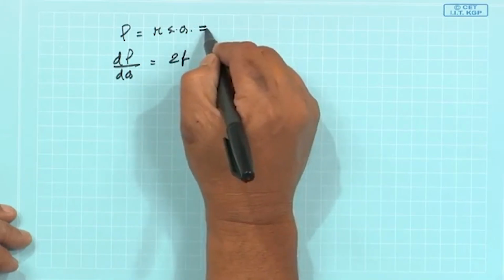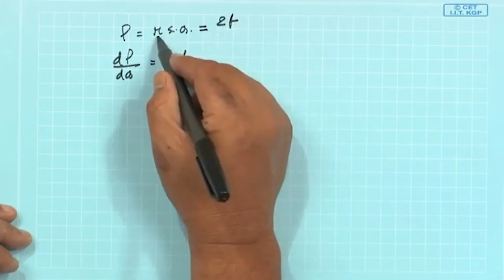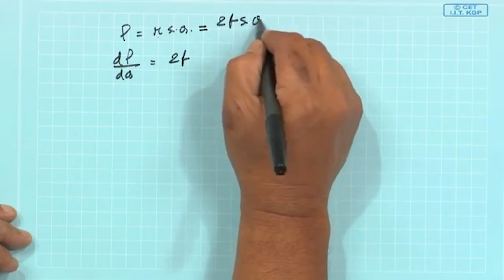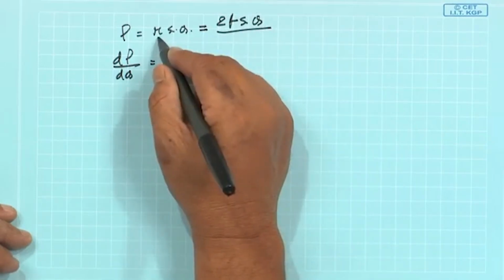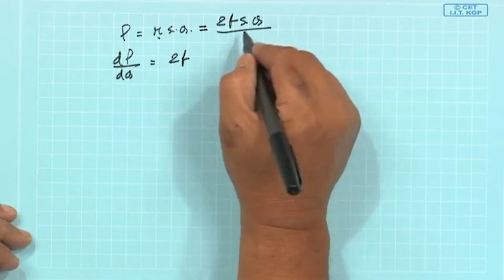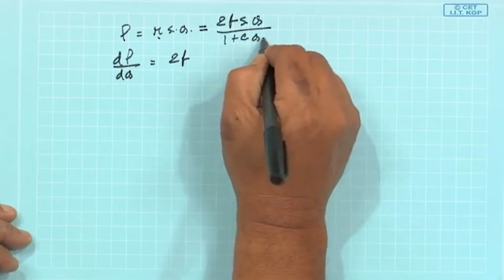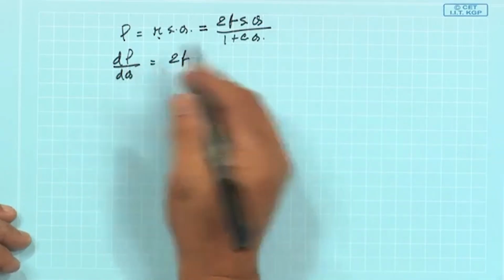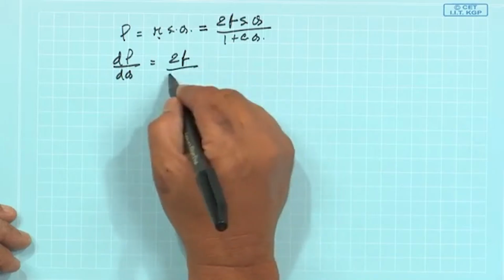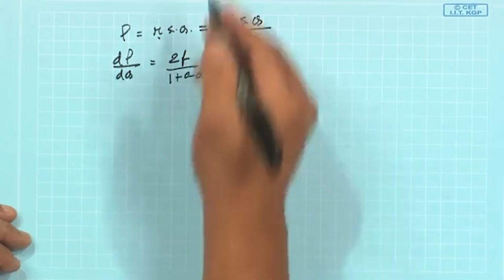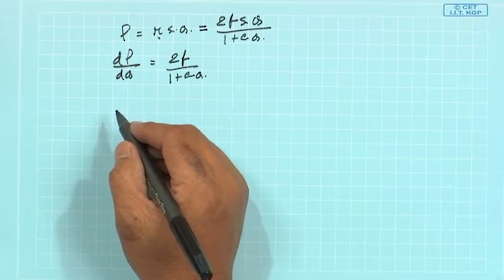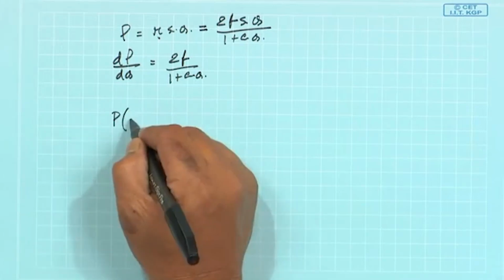Also, r sin theta means I can put the r value, I can put 2f, so that it becomes constant, otherwise r is a variable. So, 2f sin theta by 1 plus cos theta. Now, you differentiate with respect to this, that becomes 2f by 1 plus cos theta. So, now you put it there. So, you get P